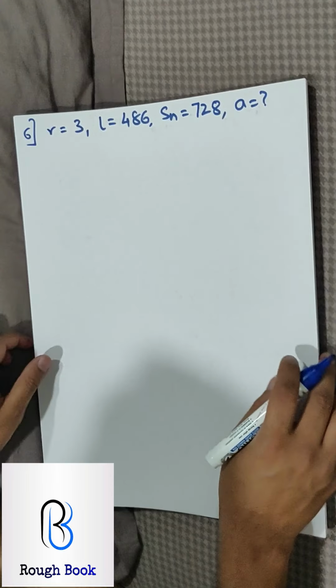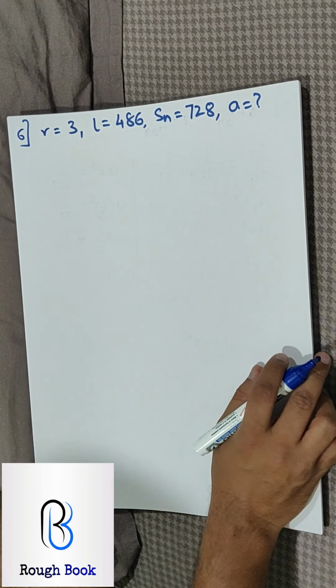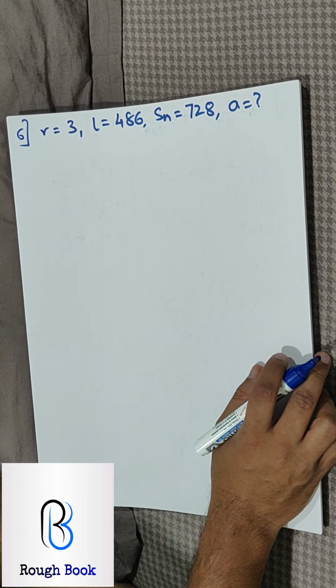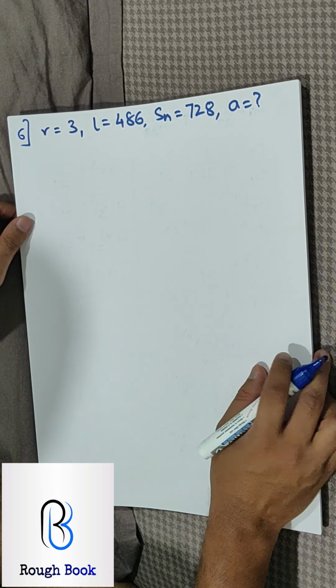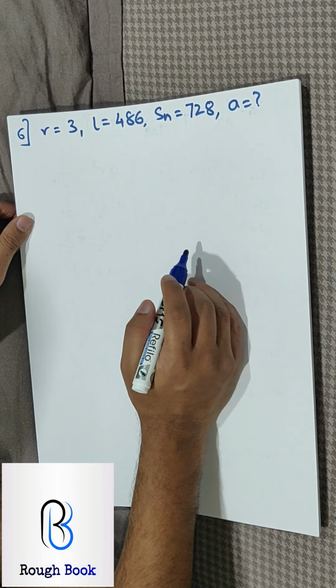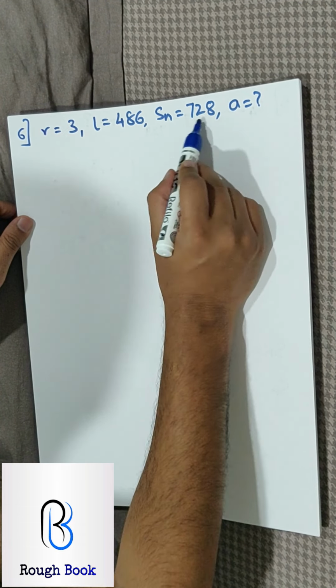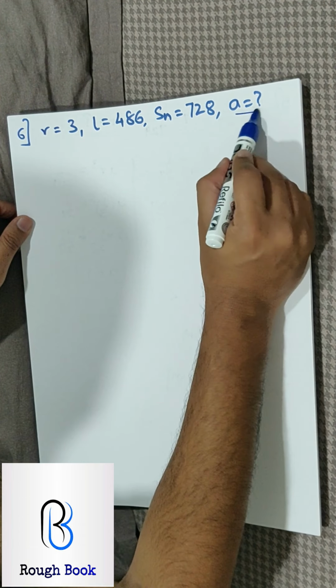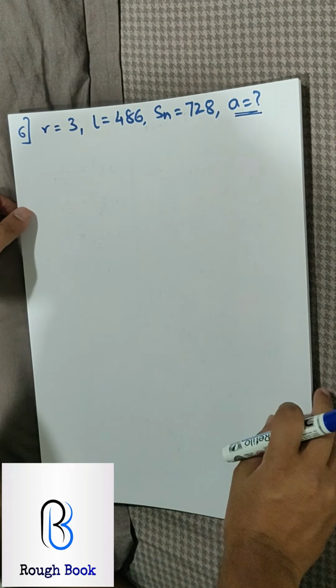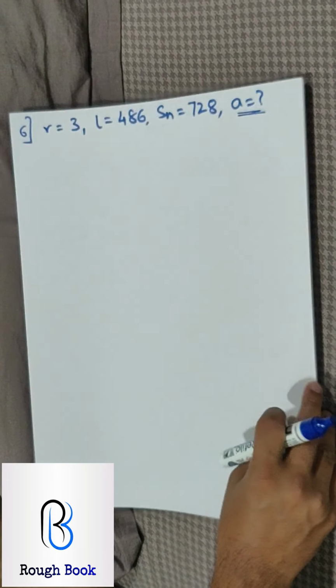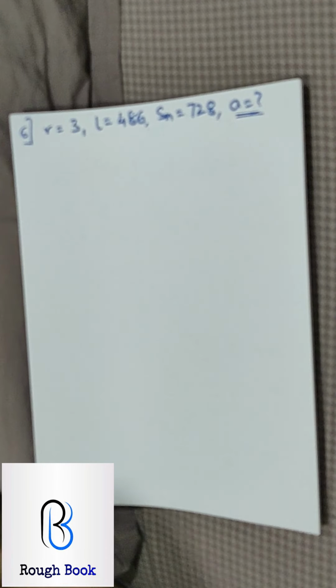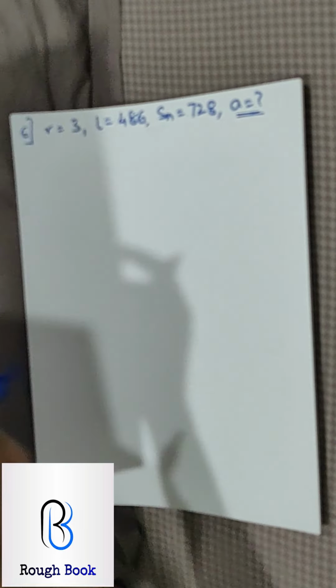Let's try this, everybody. Let's see who's able to manage this. The sixth one says a geometric progression has common ratio 3 and last term 486. If the sum of the terms is 728, then find the first term. They just want you to find the first term. Do you remember what you are going to use here? Superb, that's smart. We're going to use this formula here.